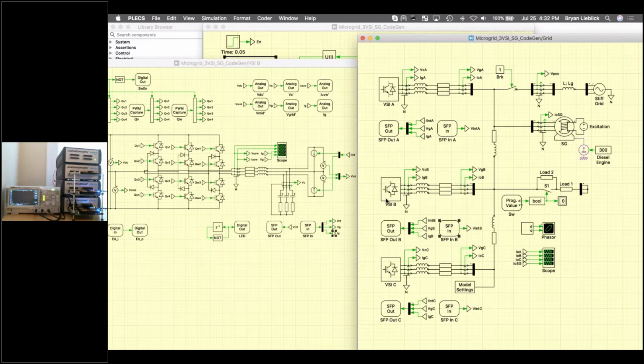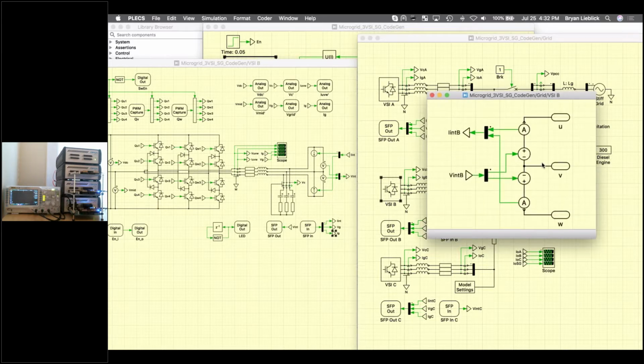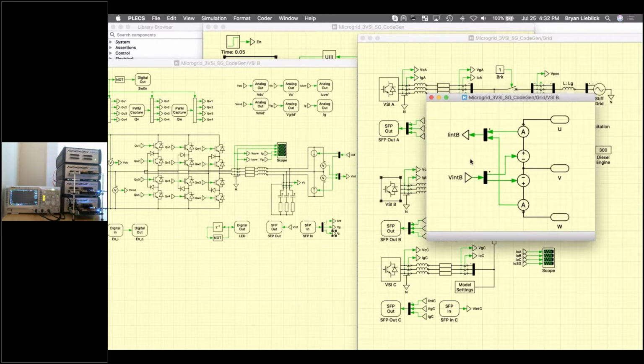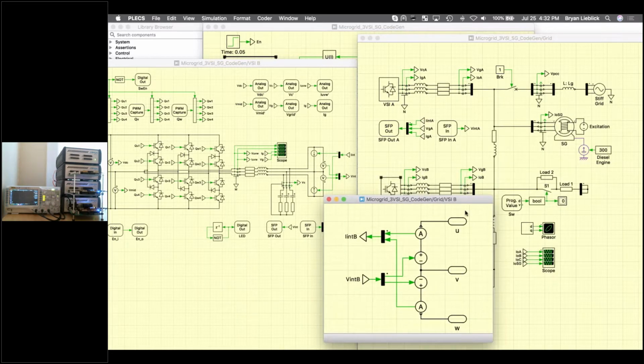And if we were to open this, we see it's applied as a controlled voltage source. And so we can see the current leaving this voltage source, what's going through this RL element here, and then we can re-inject that back into the capacitor. So one thing to note here is that,